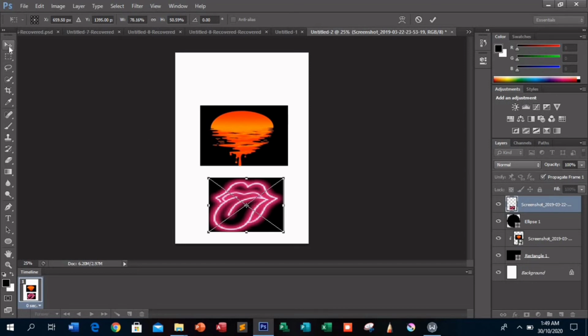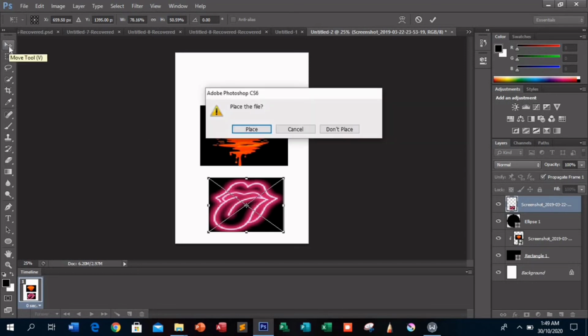So go to our select tools, our move tools rather, then enter place.